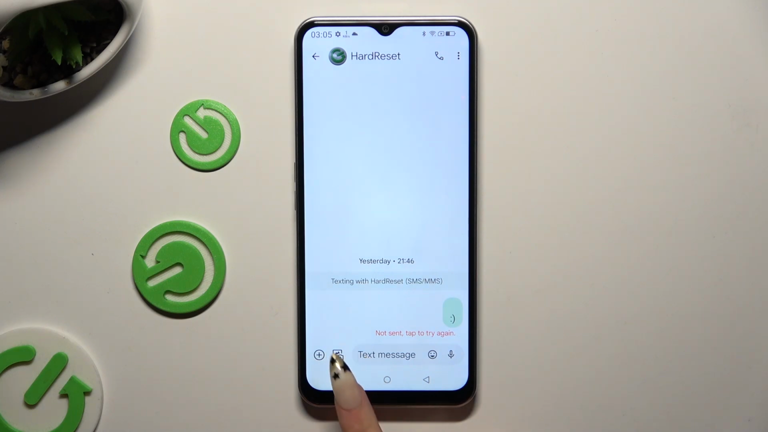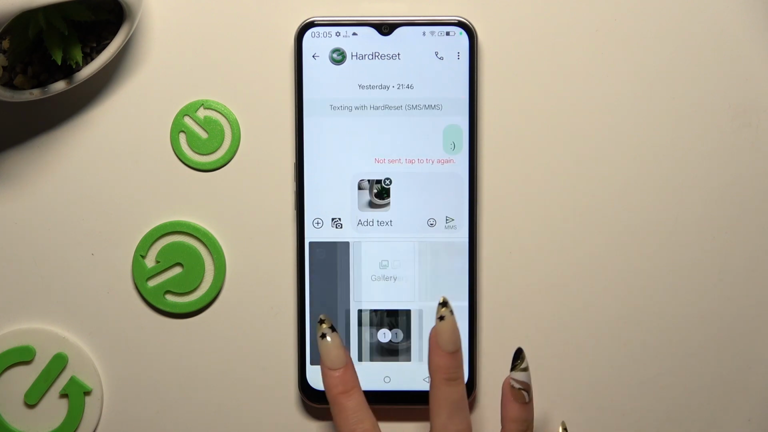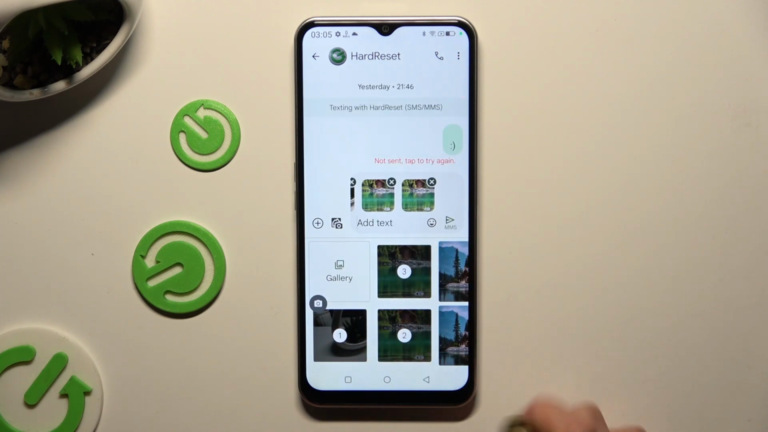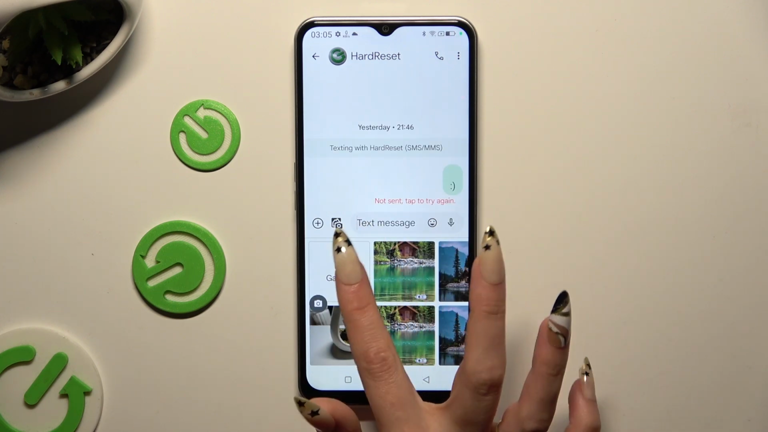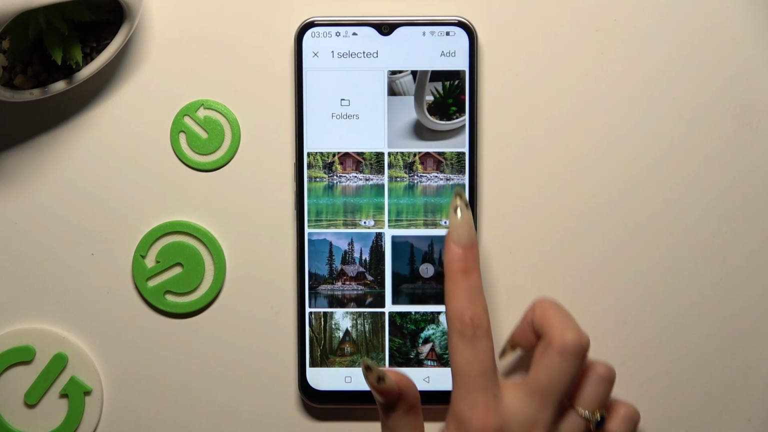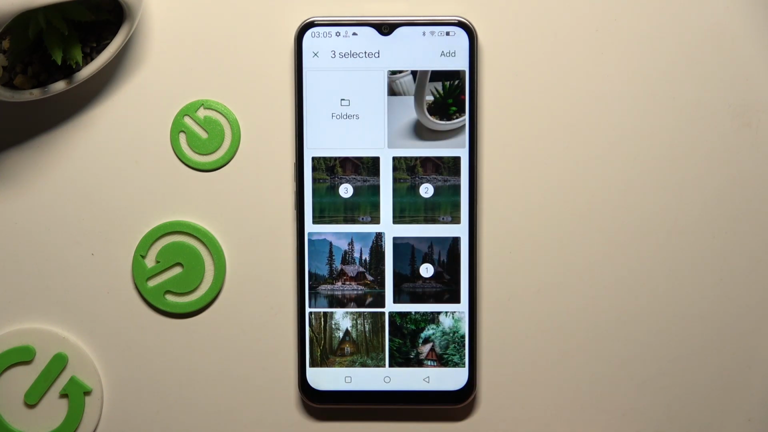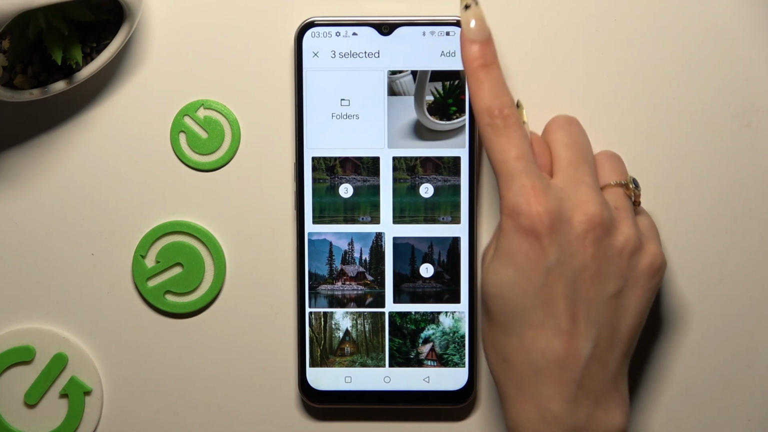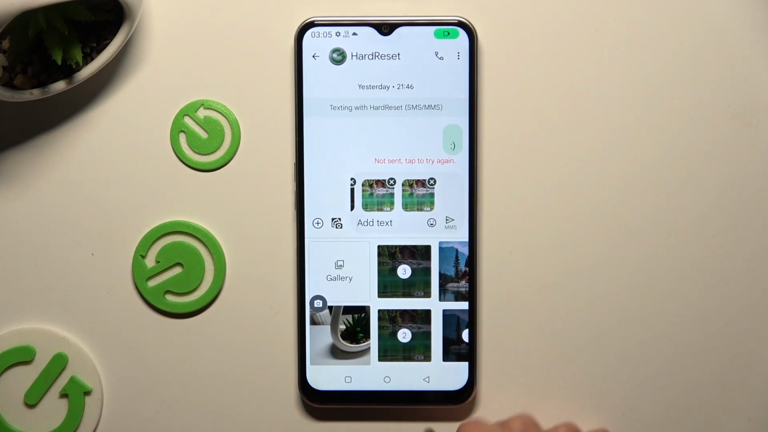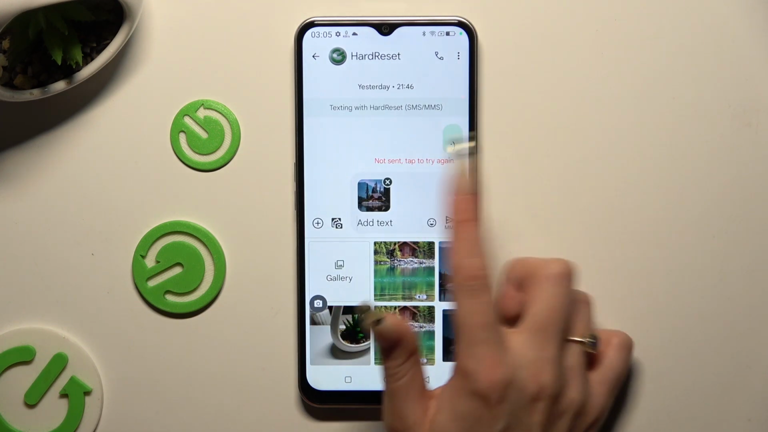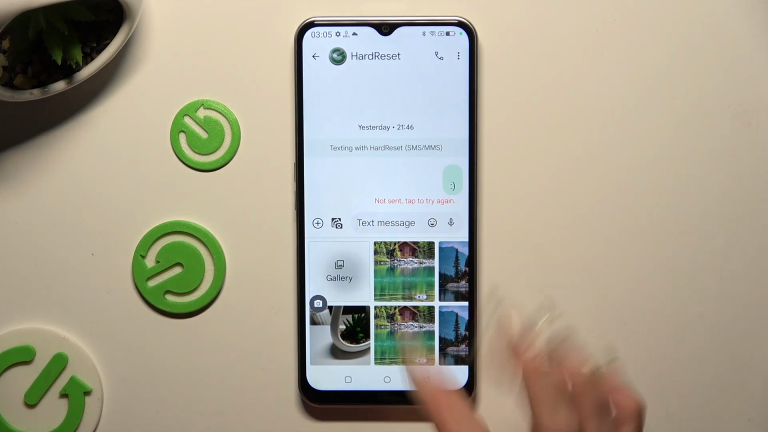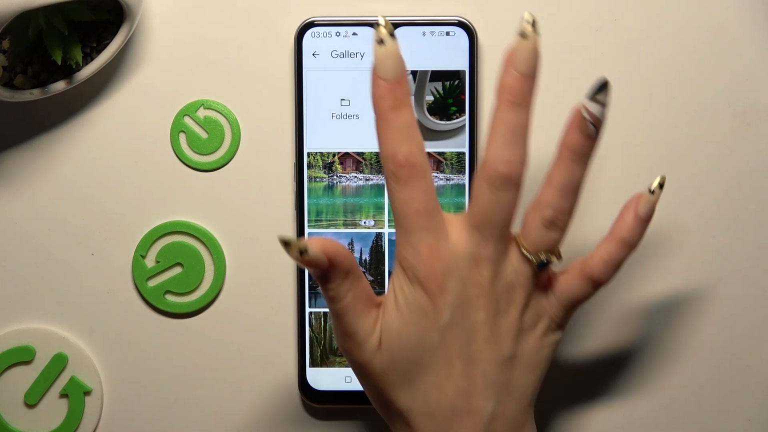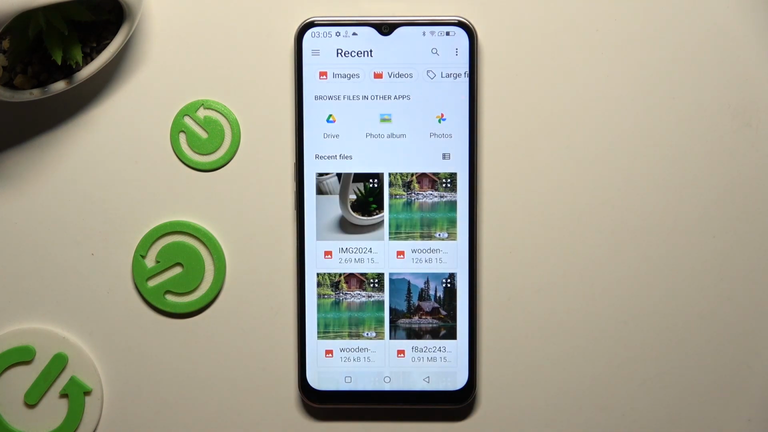Then use this icon of a camera and the photo at the bottom left corner and tap on All of your photos to add them. If you can't find them here, select Gallery, look for them here, and to attach them, hit Add at the top right corner. If you still can't find them, click on Gallery, then select Folders and look for your photos